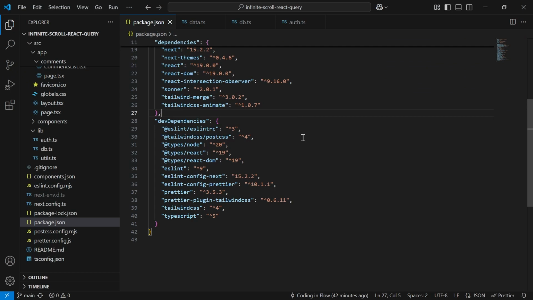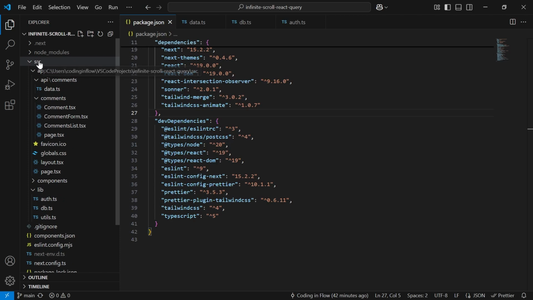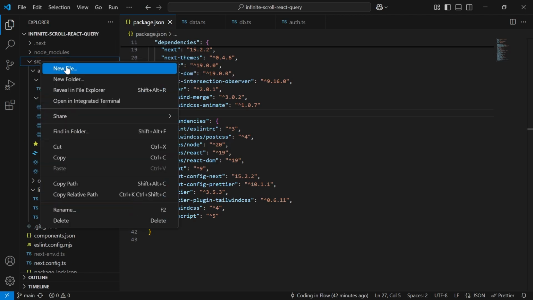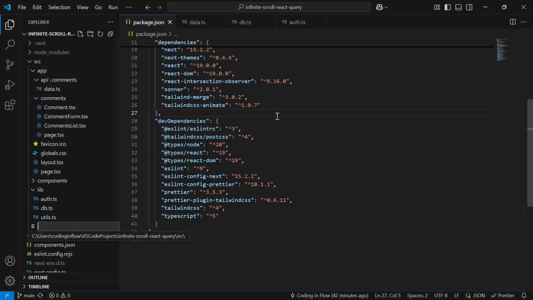The first step is to create a context provider that makes the query cache available throughout our whole app. Sounds very complicated, but it's easy. For this, let's create a new folder in src. We right click on src, create a new file, not folder but file, and we write providers / this way we create a folder, and in here we put the React query